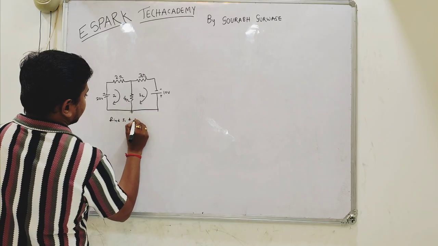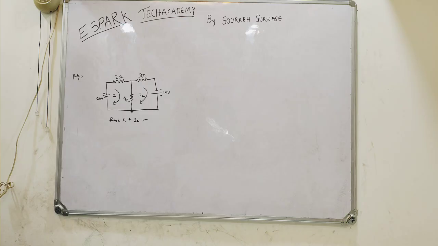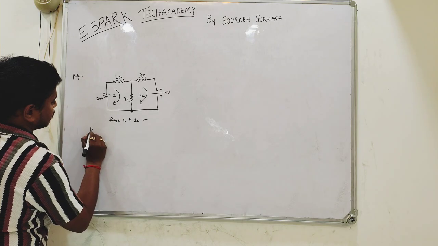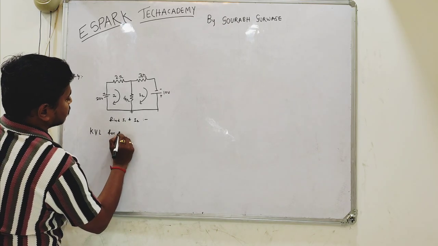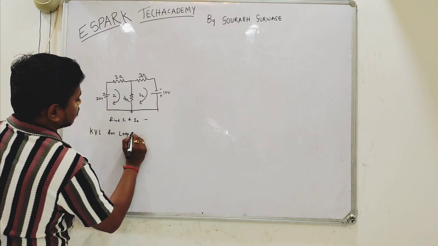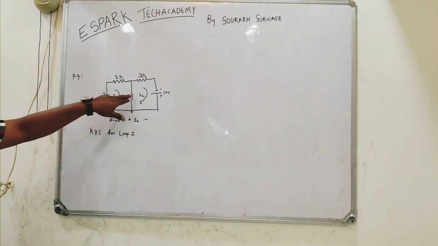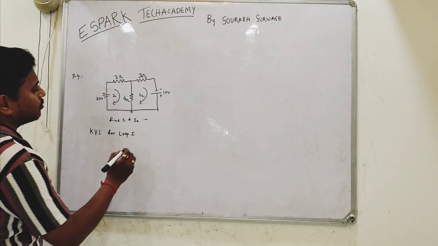Find I1 and I2. First of all, we will apply KVL for loop 1. This is I1, loop 1, and I2 will be the loop 2 current. This will be loop 1 current and loop 2 current. Now